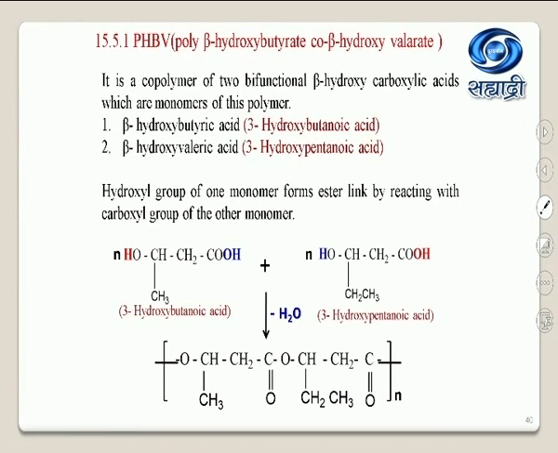So how is this water molecule eliminated? The OH group of the carboxylic group from 3-hydroxybutanoic acid combines with a hydrogen atom from 3-hydroxypentanoic acid. In this way, one water molecule is eliminated and two monomers are condensed to give this polymer, that is poly-beta-hydroxybutyrate